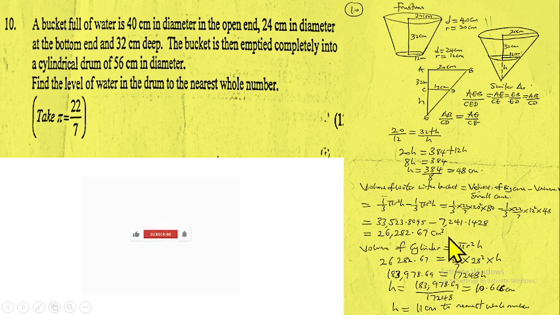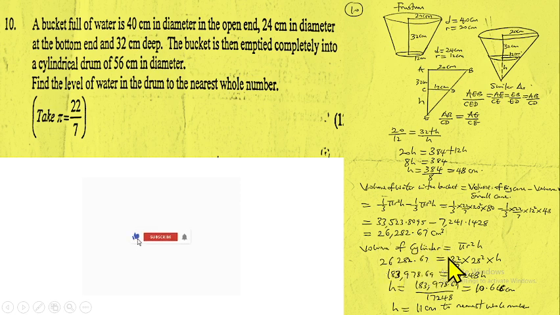So that means this is the volume of the water in this bucket. The volume of this water is now poured into the drum, and the drum is a cylindrical drum. We have been told that the diameter of the drum is 56 centimeter. So the same volume of water is poured into this drum. The volume of a cylinder is pi r square h, and we know the volume of the water in the cylinder, which is